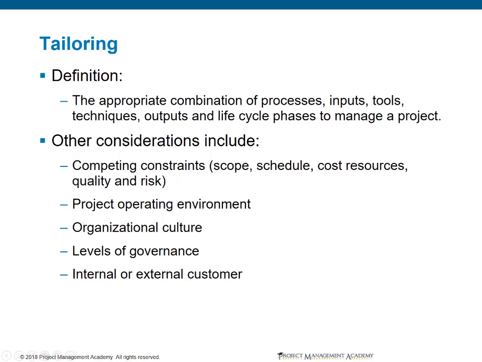So some of the considerations that we have here. The competing constraints. With scope, schedule, resources, quality, and risk, we have to prioritize which one is our top concern. If there's a situation where stakeholders tell us that everything is a priority one, well, that's not necessarily true because we have to have a true priority one. If they tell us that scope cannot be compromised, that we must fulfill all requirements, then we will have to go ahead and be a bit more flexible with the schedule, resourcing, and the amount of money that we're willing